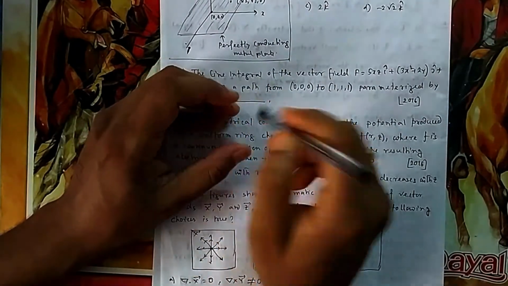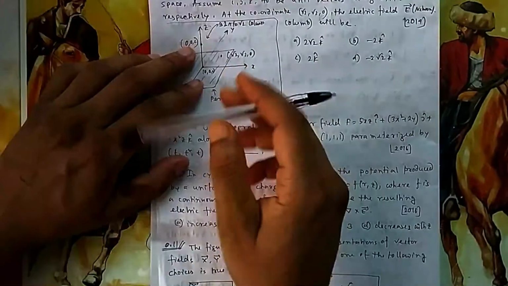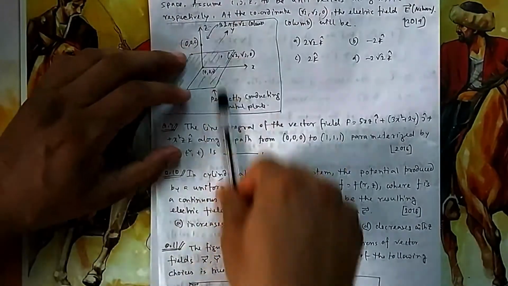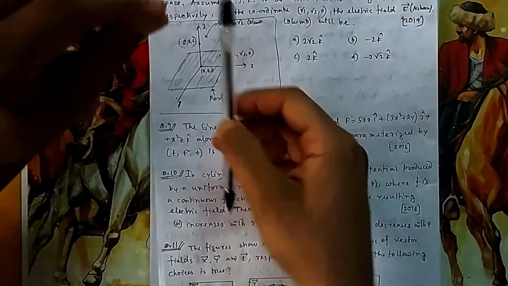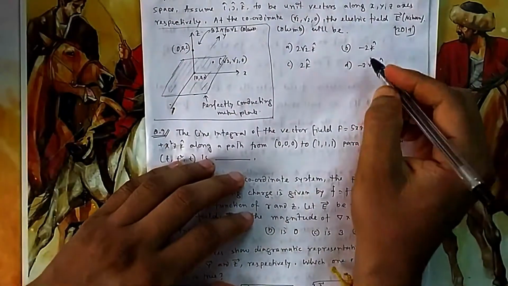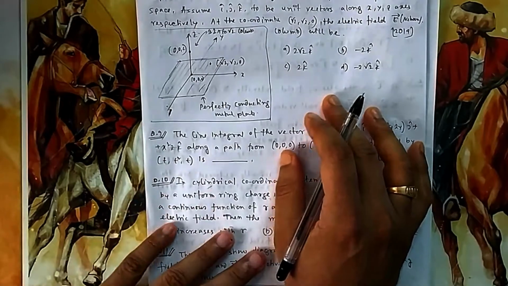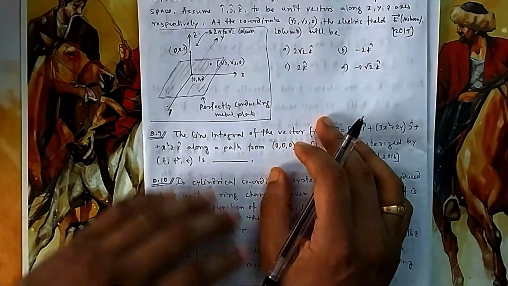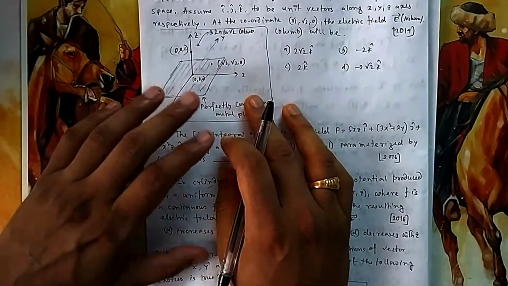That means you can see that's why it should be K cap, because there is a positive charge. So obviously the electric field will be coming out of that. Because it is outside, it should be coming out. So obviously the answer should be something with a minus, so it should be either B or D. If there is only one minus, you could have directly given the answer by understanding that concept only.